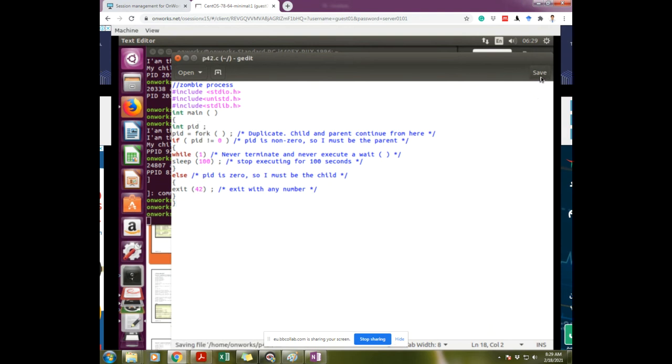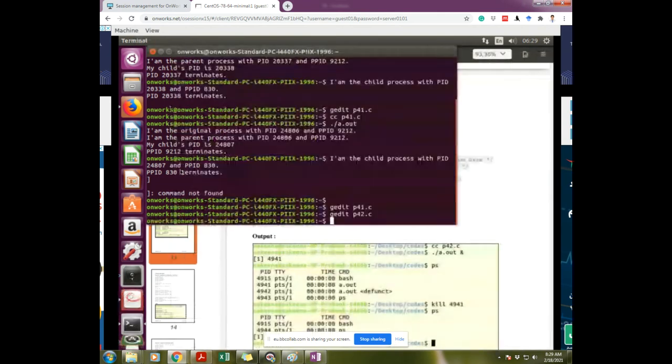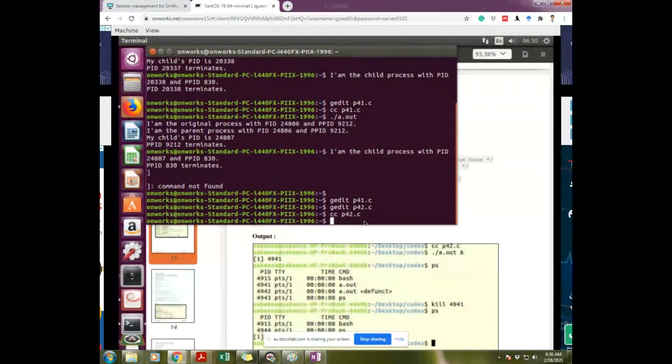Okay, save it. Now see, cc p4 2 dot c. It is running now. Dot slash a dot out, then space, then you need the sign and. Okay, remember this.